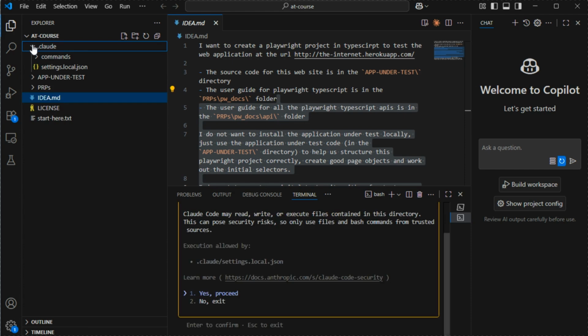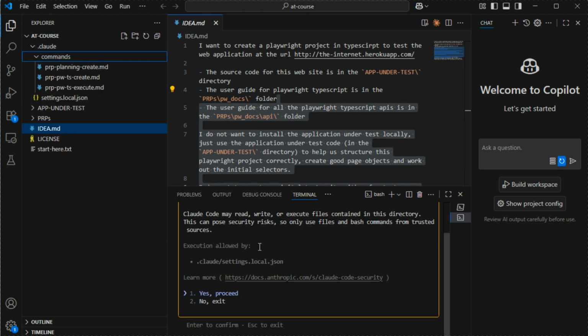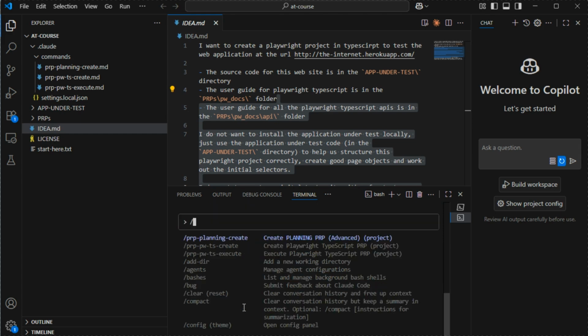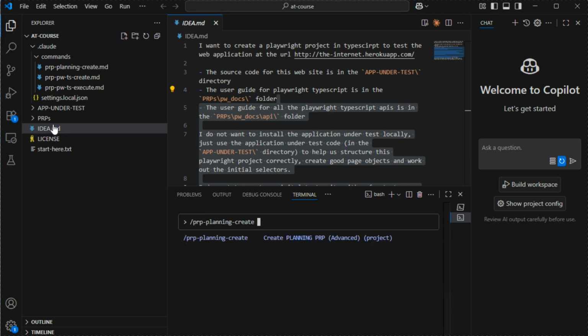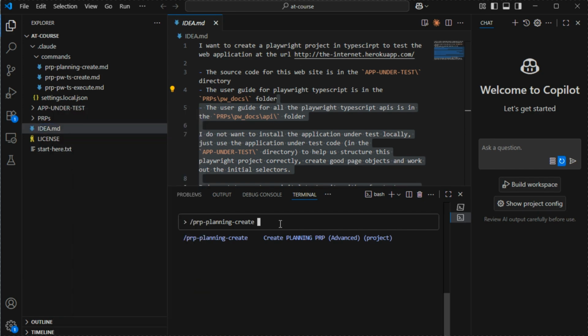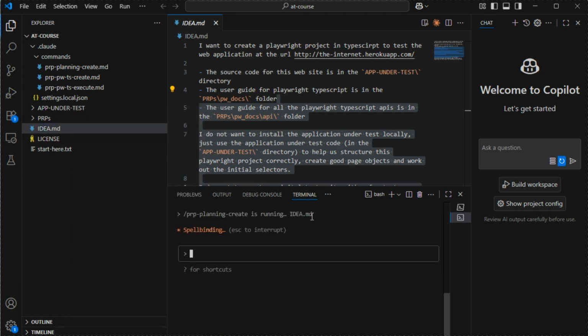and we have a number of Claude Code commands pre-configured in this repository or this code base. And one of those is the PRP planning create. So it takes an idea, that idea, and creates the product requirements document. So you can use /PRP planning create, and then you pass in the idea file. So we'll copy the relative path for that, paste that in there, and Claude Code will go off and create